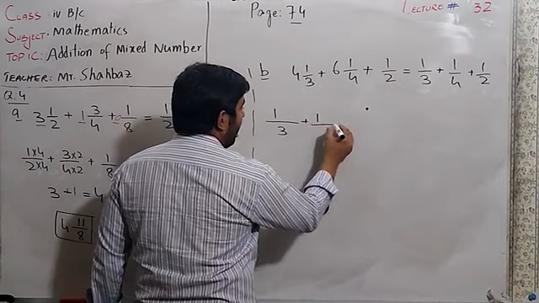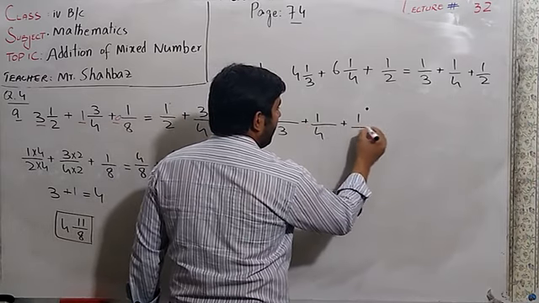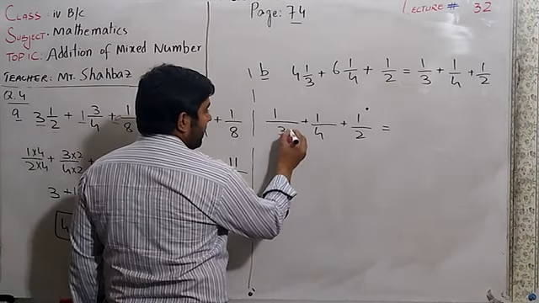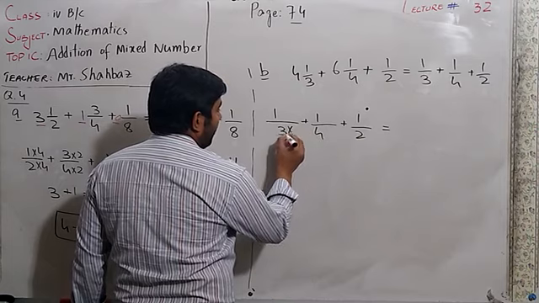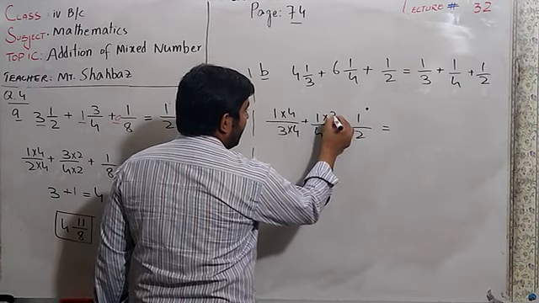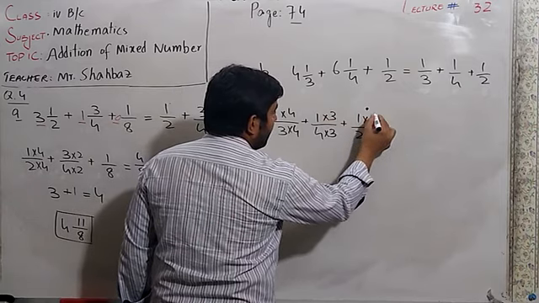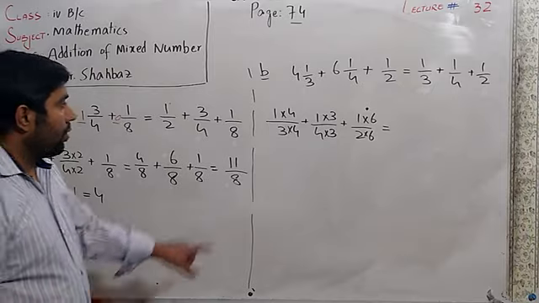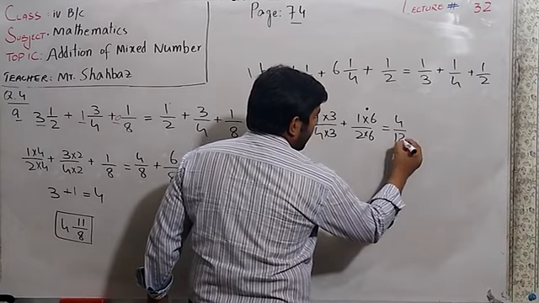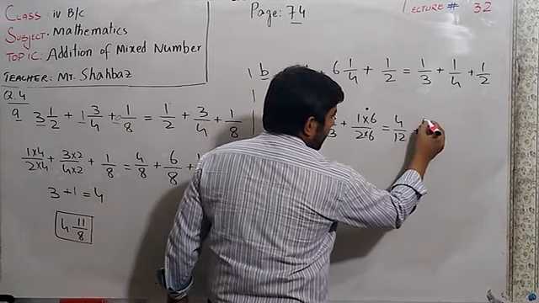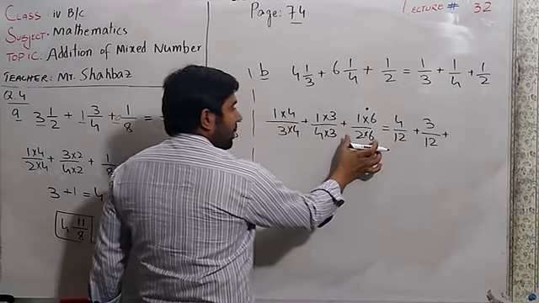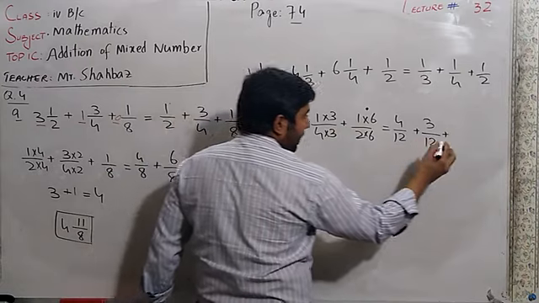1/3 plus 1/4 plus 1/2. We want to make like fractions, and it will be with 12. 3 4s are 12 and 4 here. 4 3s are 12 and 3 here. 2 6s are 12 and 6 here. Okay? 1 4 is 4, 3 4s are 12, plus 1 3 is 3, 4 3s are 12, plus 1 6 is 6 and 2 6s are 12.